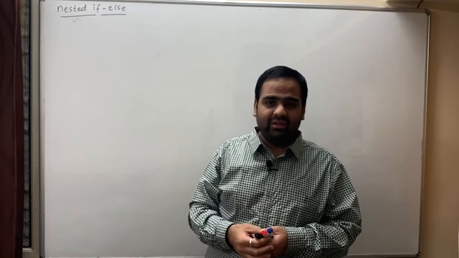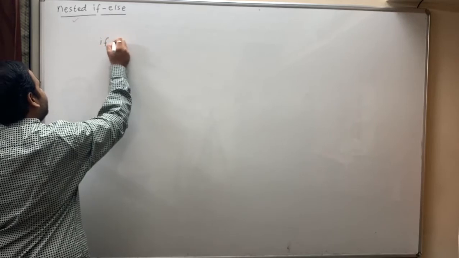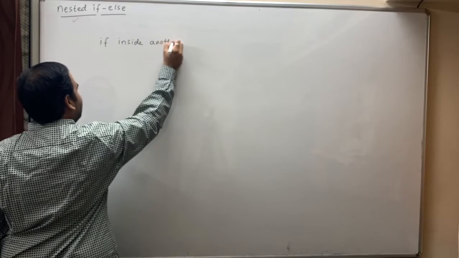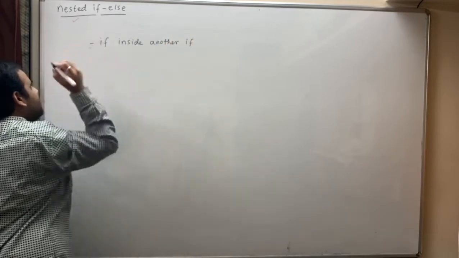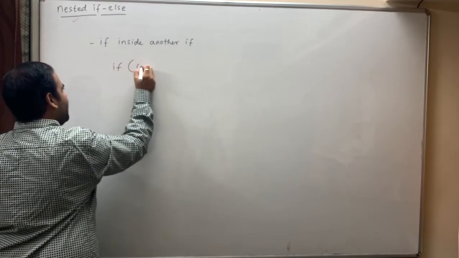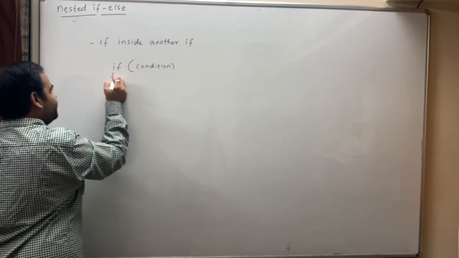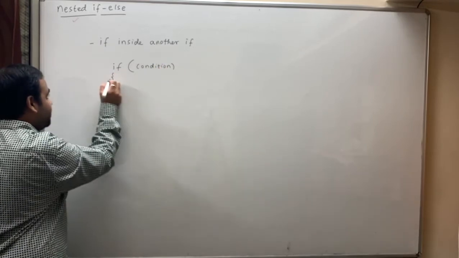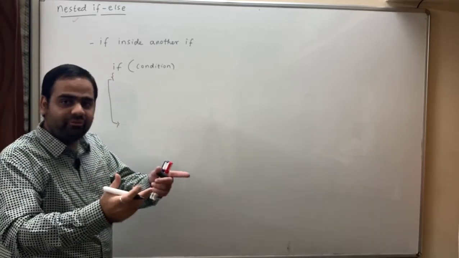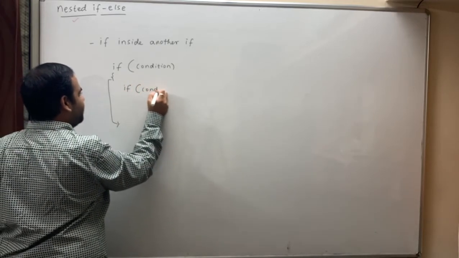Now what do I mean by this? Let's see with some syntaxes. Now I say an if inside another if. This might be the first form. When I say if inside another if, how do we see it? This is if, and here we write the condition. We know the syntax of if else: if, then we write the condition, and this is the body of if. What do we do in the body of if? We write another if, right? And what do I write over here? I can say if some other condition.